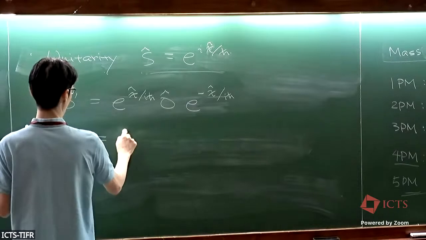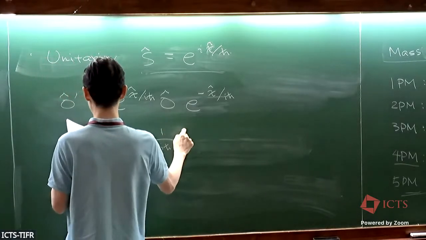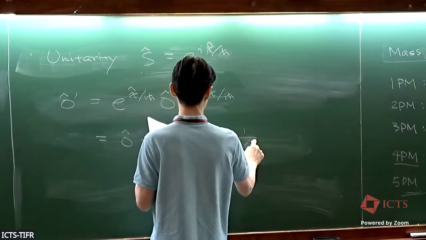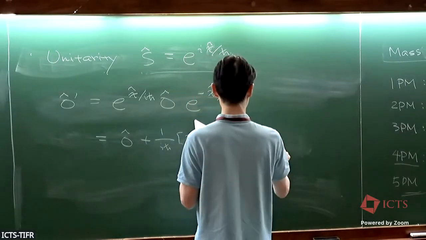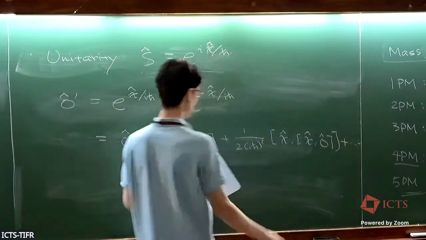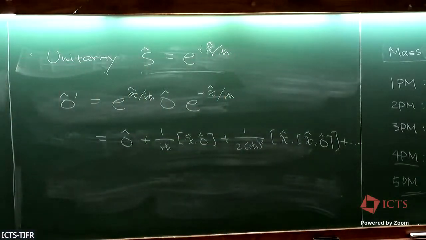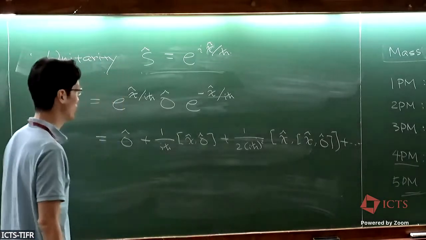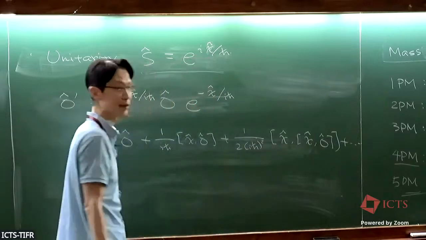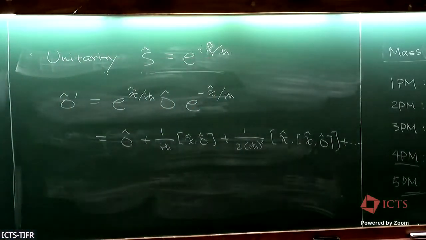And from the undergraduate quantum mechanics course, you recall this expanded form of this conjugation, with n factorial as your coefficient. Now, we really want a classical limit. And if you look at this line carefully, you immediately notice that the number of commutators and the power of i over h bar match perfectly. And through Dirac's correspondence between commutator and Poisson bracket,